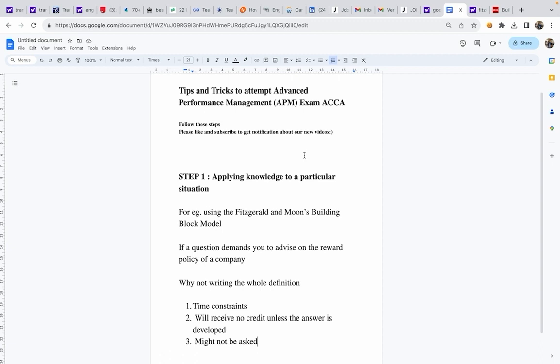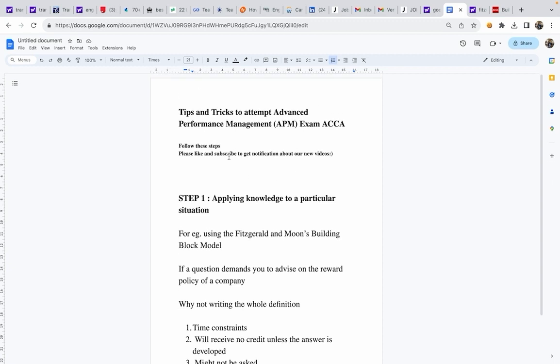Today I will explain some tips and tricks to attempt the Advanced Performance Management (APM) exam. So first of all, what I think are the things that we do wrong when we are attempting any ACCA paper? That is